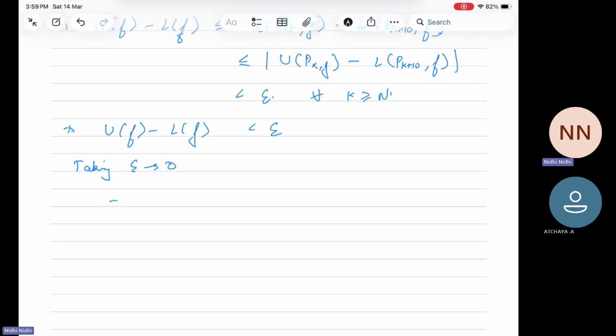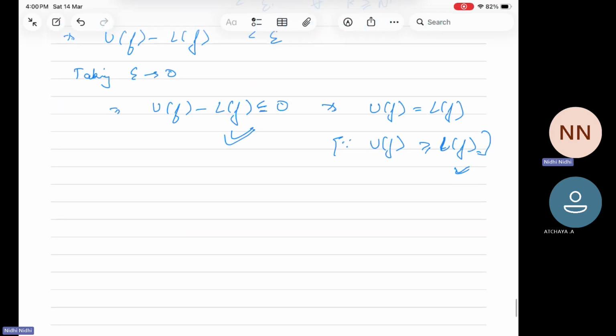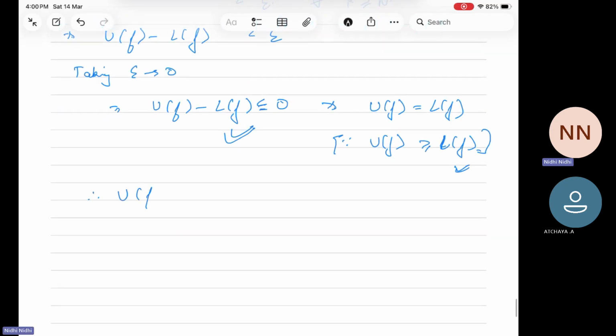Taking epsilon tending to 0, we get UF minus LF is equal to 0, because UF minus LF is always positive. So we get it to be less than or equal to 0, which implies that UF is equal to LF, because by definition, you can easily see that UF is always greater than or equal to LF. So this gives us UF less than or equal to LF. We already have UF greater than or equal to LF. So eventually we get UF is equal to LF, and hence by the definition